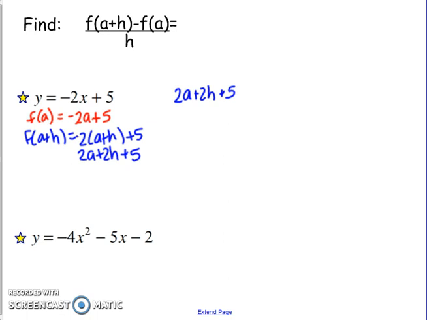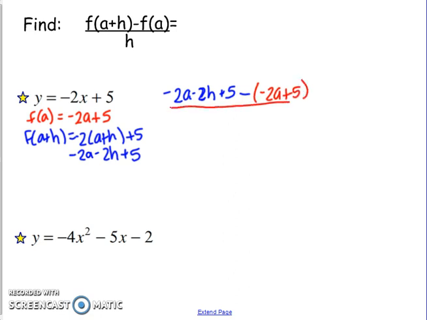Oh, I forgot a negative. Sorry. Negative... Oops, that should be minus. That should be minus. So we're going to take that, and then we're going to subtract the negative 2a plus 5,